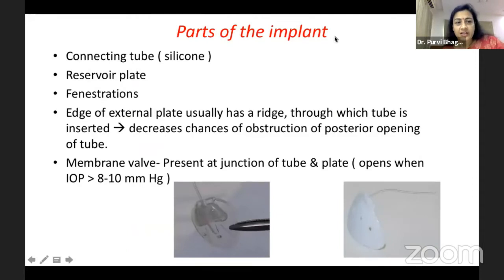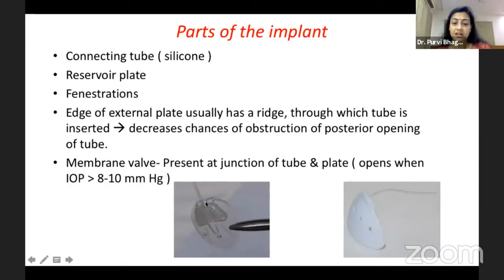So what are the parts of a drainage implant? All of them have a connecting tube which connects from the aqueous, whether in the anterior chamber or in the posterior chamber, to the plate. This is the reservoir plate, which is the main system which controls the drainage of the aqueous. You have different holes and fenestrations in this plate. Some of these are the anchoring holes through which you pass your suture through the plate onto the episclera and sclera, whereas the others are for the fibrous tissue to grow in. So this fibrous tissue allows the anchoring of the plate, it allows the formation of the bleb encapsulation, and it also keeps the plate and the entire drainage device stable and prevents any ocular motility issues.